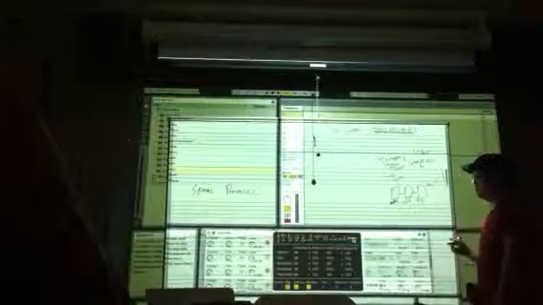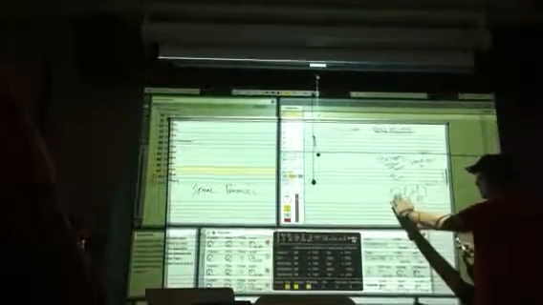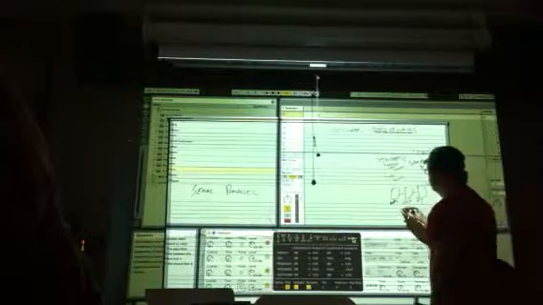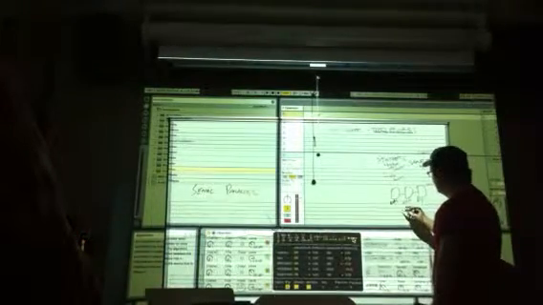If I turn this overdrive off, now what do I have? I have a clean sound that has verb and delay on it. As opposed to, that's a good example. Let's just say